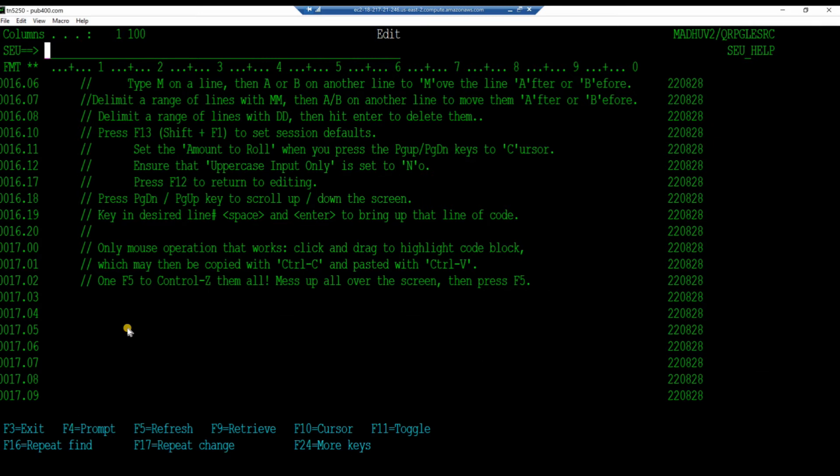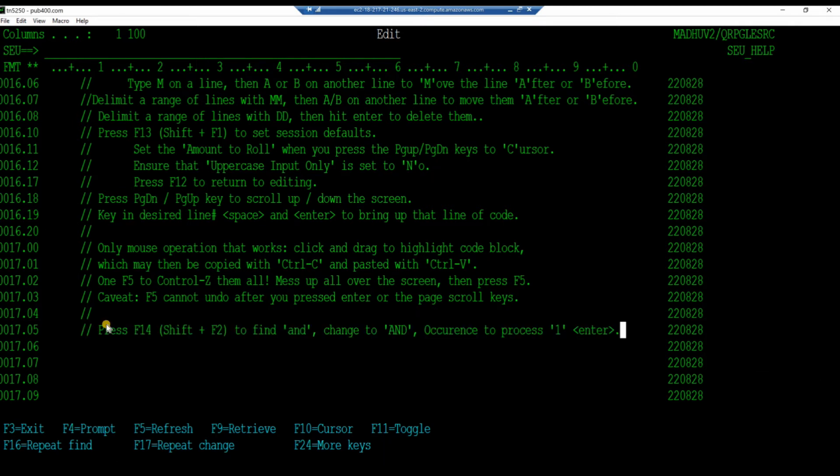Having refreshed the screen to how it was before you messed it up, down arrow keys, right arrow key, key in. The caveat: function key 5 cannot undo after you pressed enter or even the page scroll keys. Tab over, tab, right arrow keys, next comment, a logical line break, key in a logical line break, and then